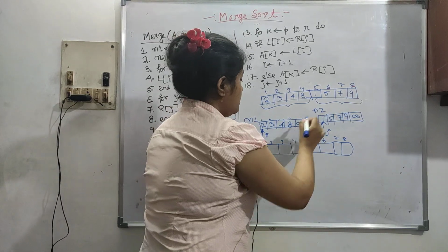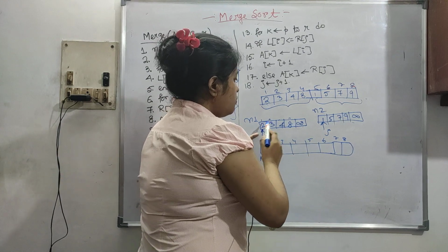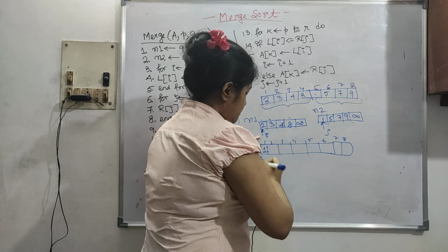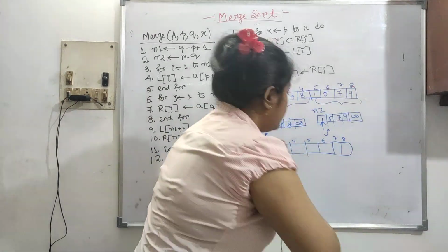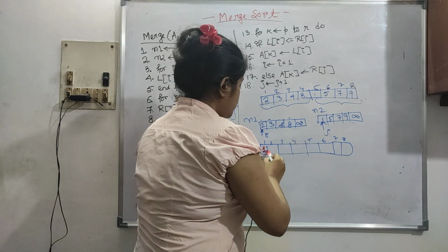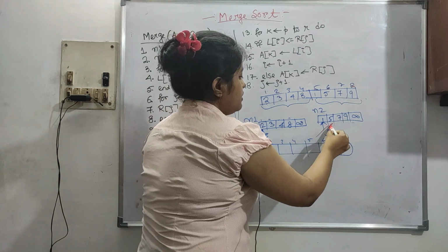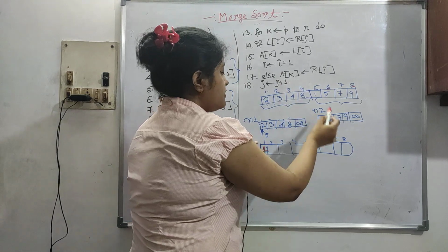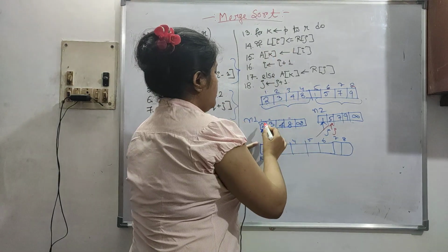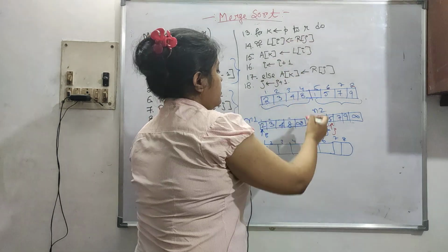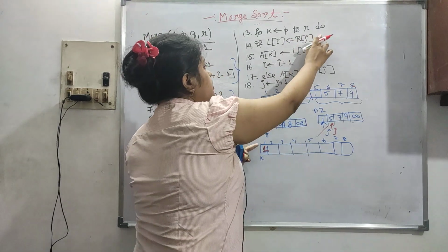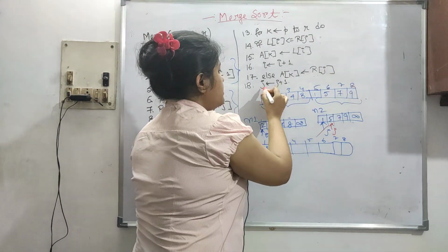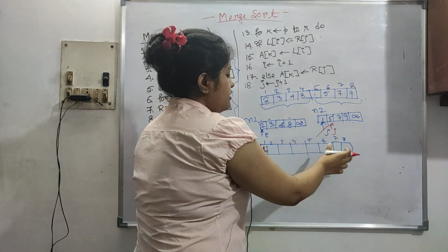And j is pointing to the first element of the second list, this is n2. So now here let's say 2 and 1, so this is lesser, okay. So this one will be put here, and j will be incremented. Because 1 is lesser, L of I is less than R of j, no, this condition is failing. So we go to the else part, A of k is put to R of j and j is equal to j plus 1, j is incremented, okay.